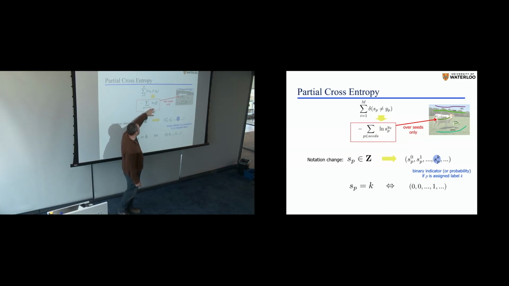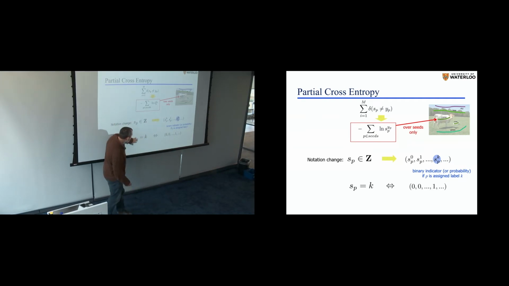I didn't have to, but I kind of move forward towards my notation later. So it's exactly the same thing, but what I'm doing is I'm switching from integer labels to basically the simplex, which is what you do in deep learning. You switch to this probability distribution, if you like. If you have integers here, that would correspond to corners of the simplex. But if you have relaxed values, that would be a probability distribution more generally.